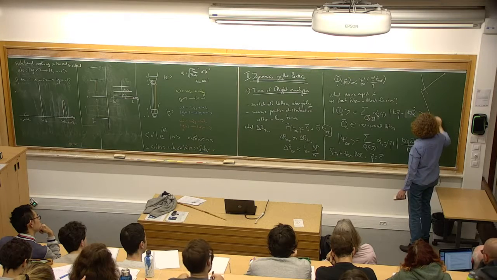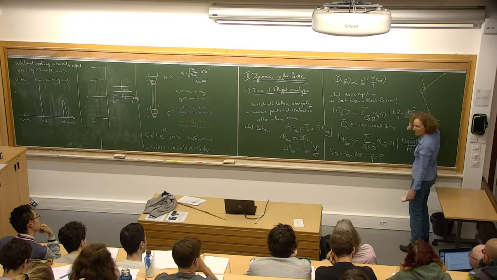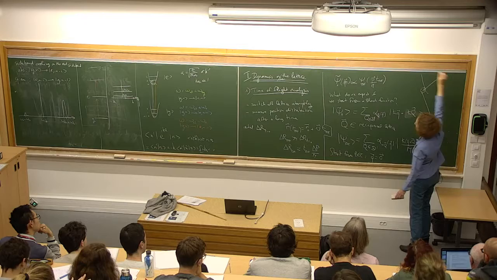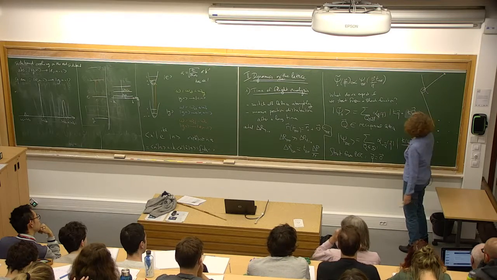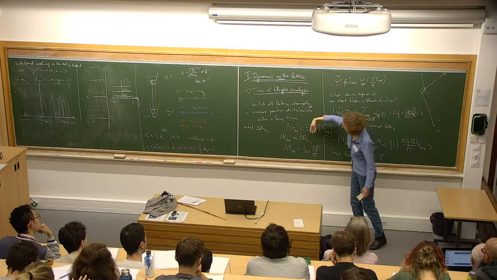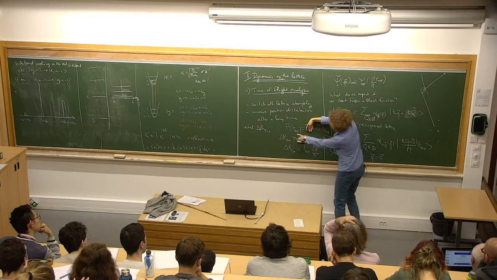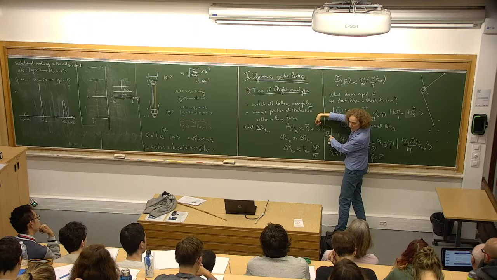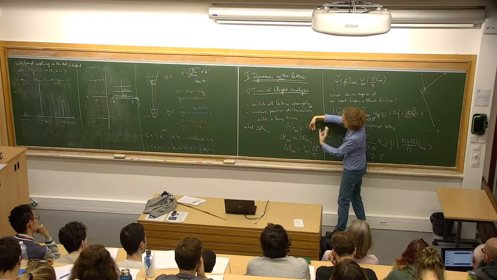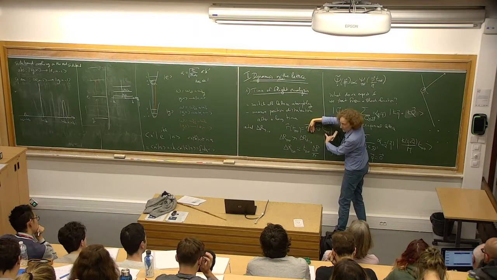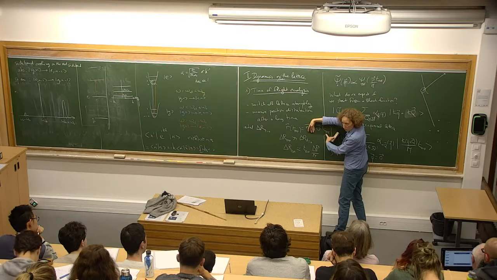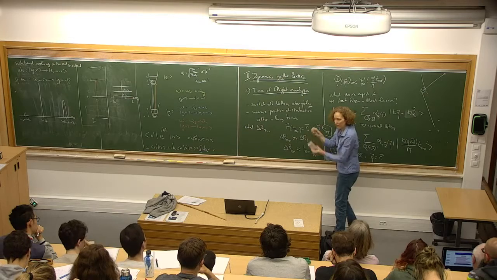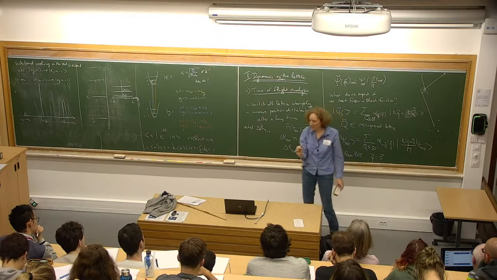If the time is long enough, the fact that initially I had this little spot here with not all the atoms at the same position is negligible with respect to the final size of my big bubble. If I imagine that all the atoms start from the same position, then the width in position after a time t is given by t times the width in velocity. And even the distribution in position is given by the distribution in velocity times the time. You agree with that? The only thing is that there is a little discrepancy at the beginning because they do not all start from exactly the same point.